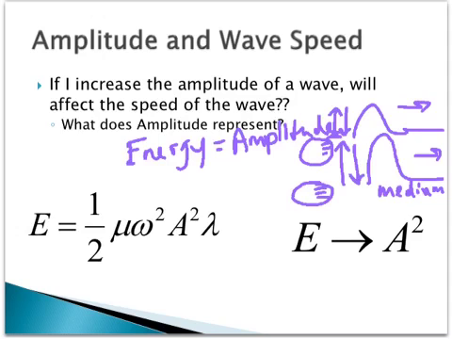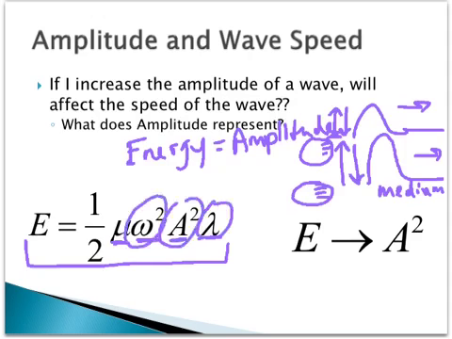How we solve for the energy is shown here in this equation. The whole derivation I'm not going to go through, but the equation is 1/2, the linear density, angular frequency, amplitude, and wavelength. So energy is related to wavelength and amplitude, and also depends on the speed as well. In general, when looking at the amplitude, the relationship here is that energy is related to the square